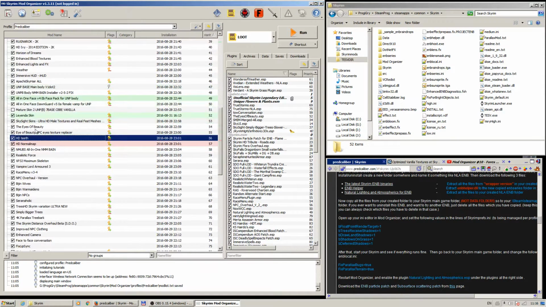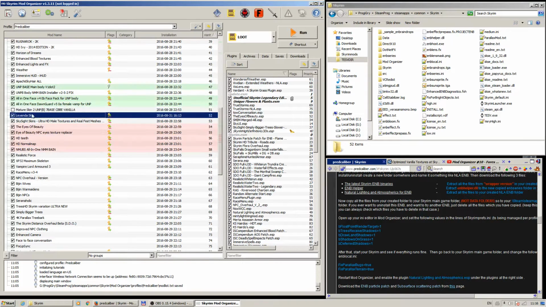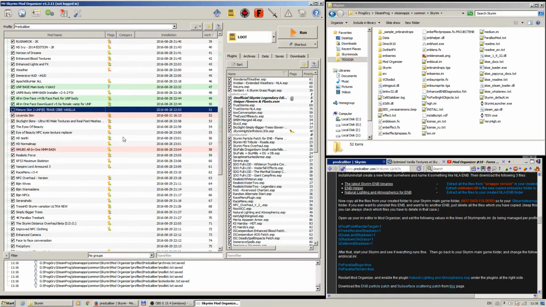So you can take these two skin mods here, Mature Skin and Leyenda Skin, have both activated, and just drag it on top, and now the last textures that get loaded are Mature Skin, so they will now be prioritized over Leyenda Skin. I want to revert it back and deactivate, and you see I can drag the mods and drop them here,